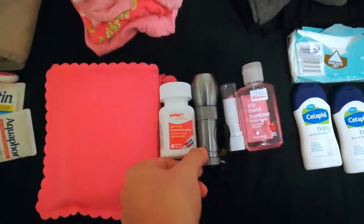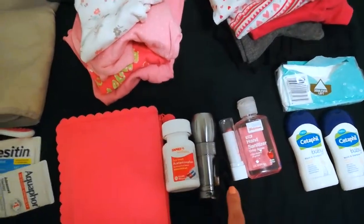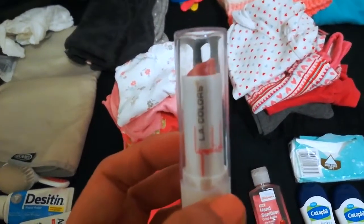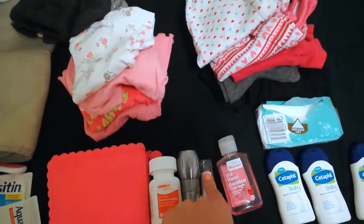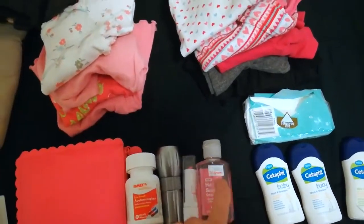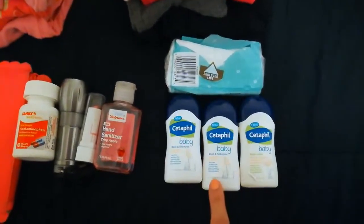I do carry Tylenol for the occasional headache or any pain that I may have, a flashlight, you never know. I carry a lipstick. I do carry a lipstick. This is a LA Colors lipstick, and to be honest, it sparkles a little, which I don't mind, but it's very moisturizing, so it doesn't dry out my lips in case I leave the house in a rush without lipstick or something. I have something to just tint my lips a little bit. And hand sanitizer. When you have babies, it's always great to have hand sanitizer for yourself and hand sanitizer for your toddler. And like I said, you never know what's gonna happen, so I just keep